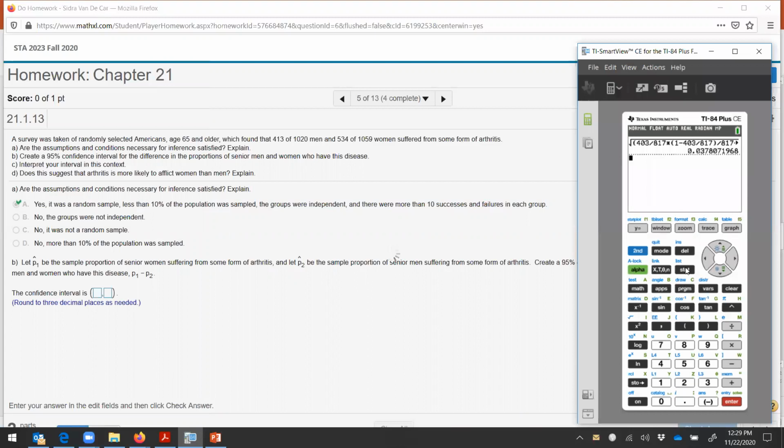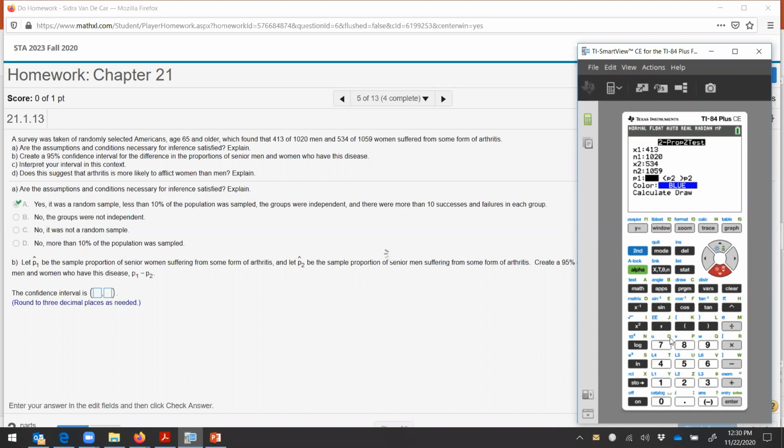Okay, so we're going to go to stats and over to tests. And we're doing a two proportion z-test. And our x1 is 413 out of the 1020. So 413, and then that's 1020. And our x2 is 534 out of 1059. And